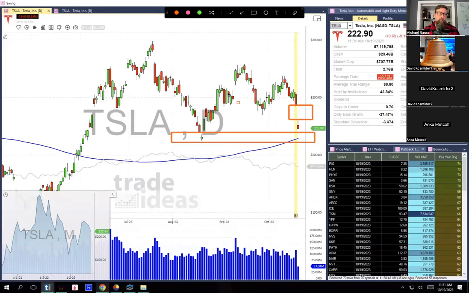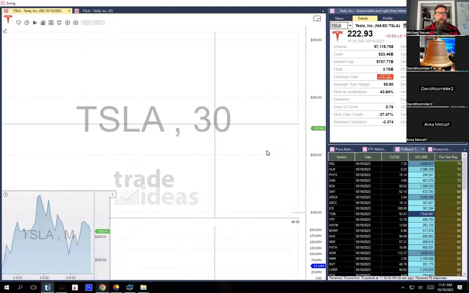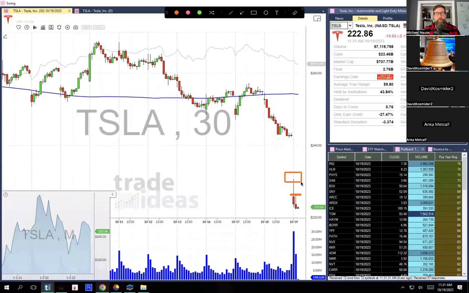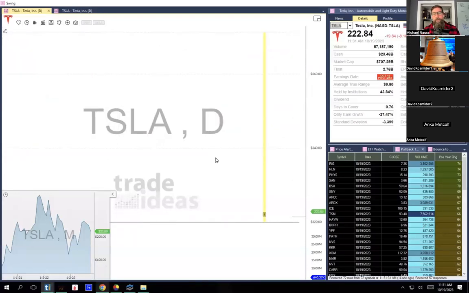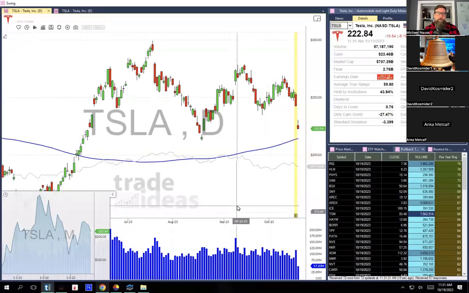And you can see, even if we go into an intraday chart, because I'm doing everything from a swing time frame, but if we look at an intraday chart, you can see we tried to rally this morning. So it opened right here. It attempted a rally, and then that rally failed. And now for the next hour, we've been selling off. So again, I would watch that zone I was talking about, the 210 to 220 area on Tesla. If we can't get and hold above that, then this might be dead water, and we could take a little bit of a pop there.